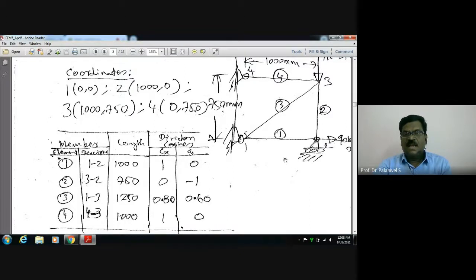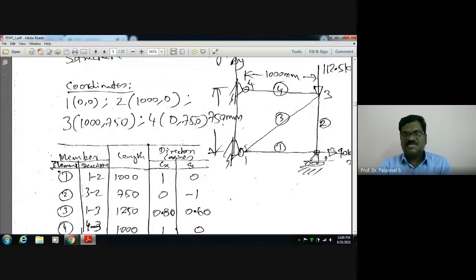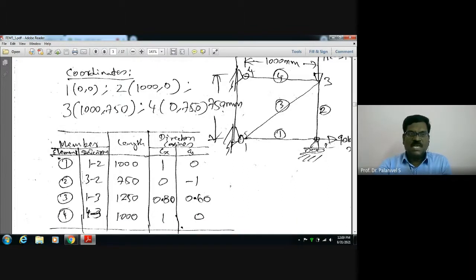Now in the description, see here. I want to take towards right deformation of the truss as positive. Some kind of sign convention I am adopting. Similarly, downward deformation of the truss as positive. Please keep it in mind. The member deformation towards right, I want to take it as positive. Similarly, for any vertical member, the downward deformation of the truss I want to take as positive. Opposite to that, minus. Good. Accordingly I am writing the description. This is a very important description.